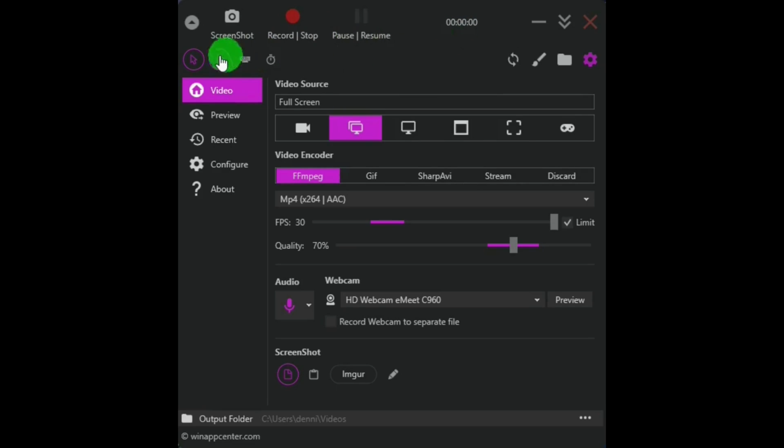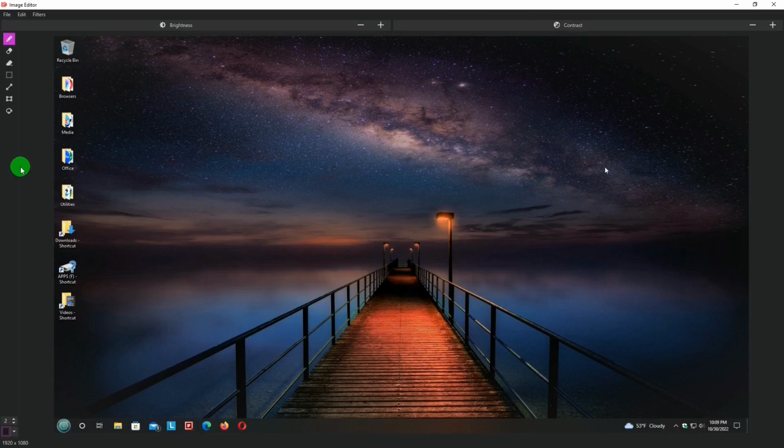A timer button can be used to include the cursor in your video recording, or mouse clicks, or keystrokes, or a video timer. Refresh, open canvas, which is a really nice image editor, and it looks like this, and